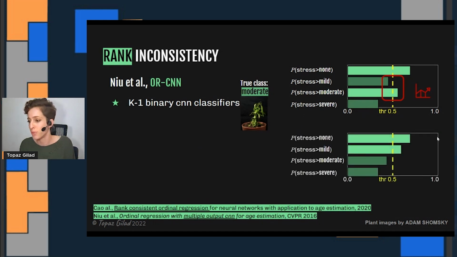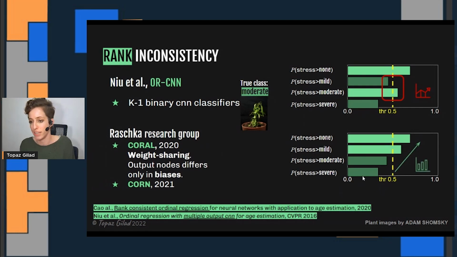Because what we desire is this monotonous behavior right here. To solve that, the Kroll paper suggests weight sharing of the output nodes, where they only differ in their biases. So basically it enforces the consistency. While it managed to solve the consistency problem, it also introduces a strict limitation, the weight sharing, and that really